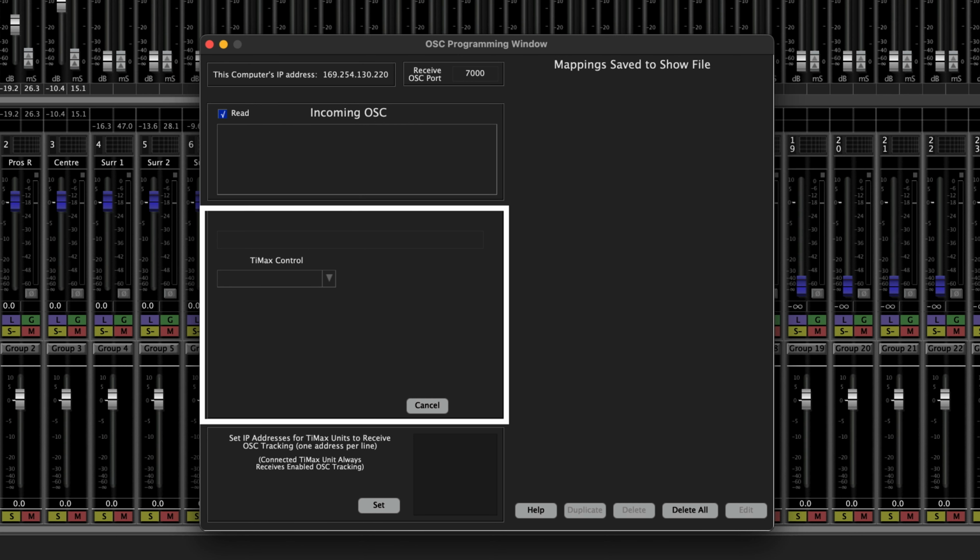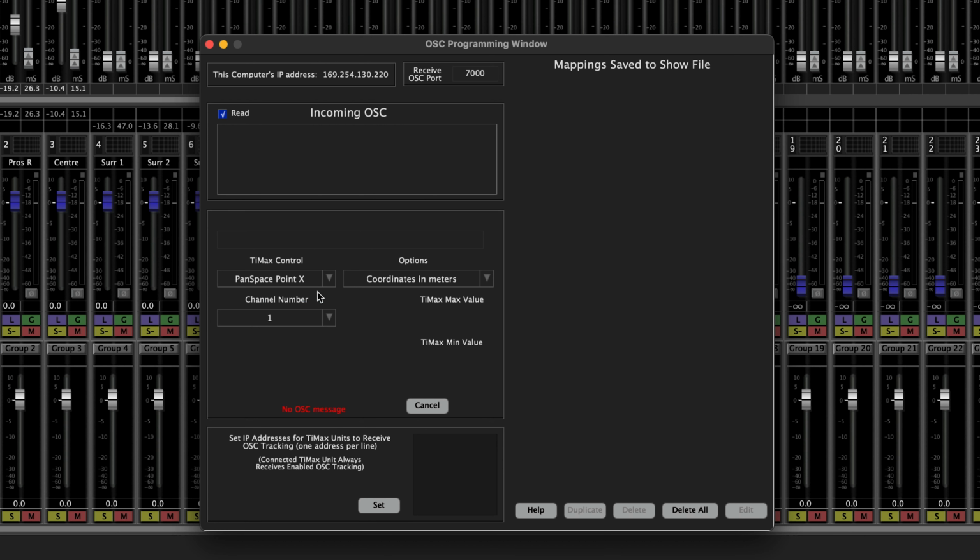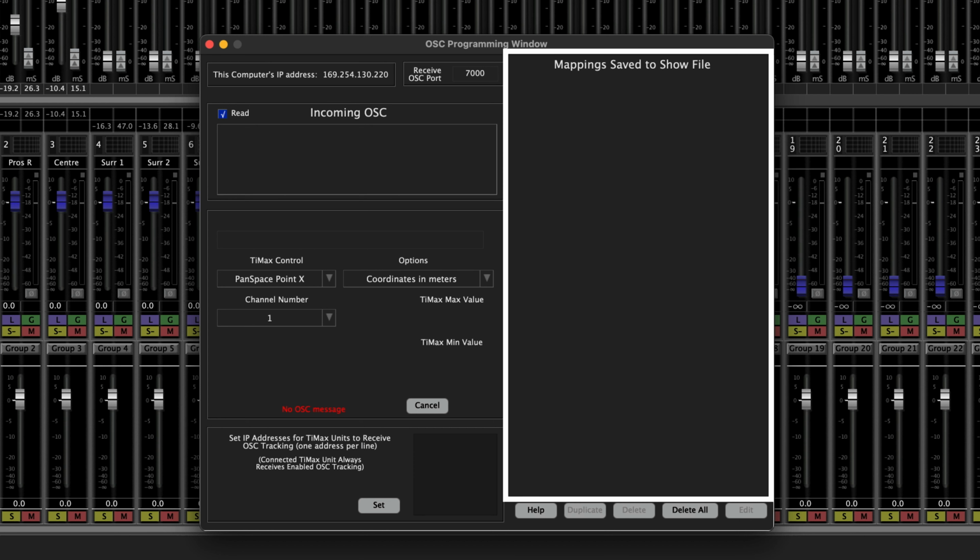This section allows us to map OSC messages to TiMax SoundHub controls. This drop-down lists all the controls that can be mapped to OSC messages. The pan space is scaled using absolute coordinates measured in meters or feet. We can use this drop-down to select a translation, allowing us to convert normalized values to absolute values. Finally, once we begin populating it, this section will contain a list of all the OSC messages we have mapped